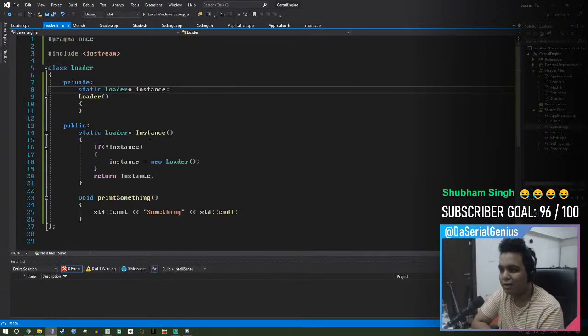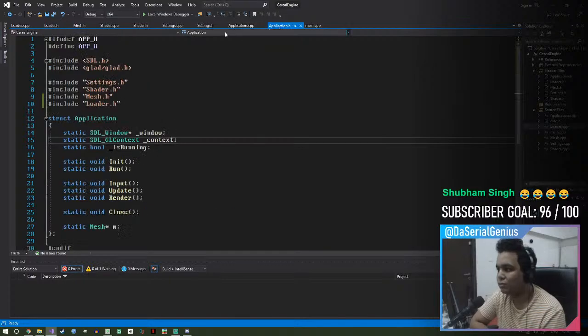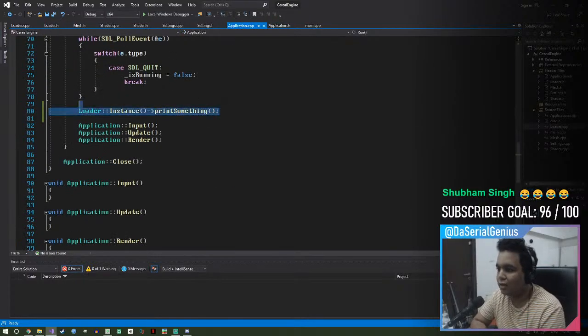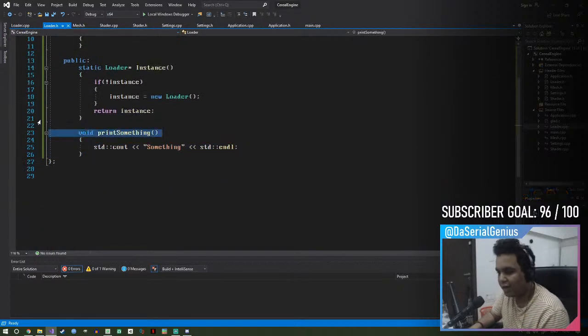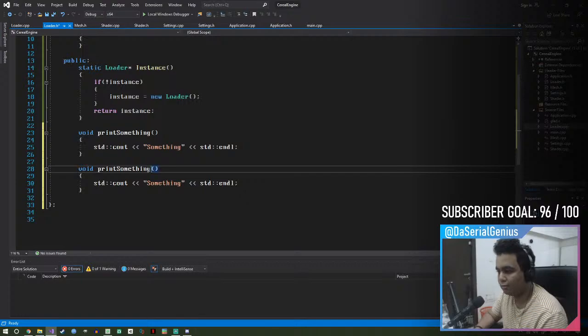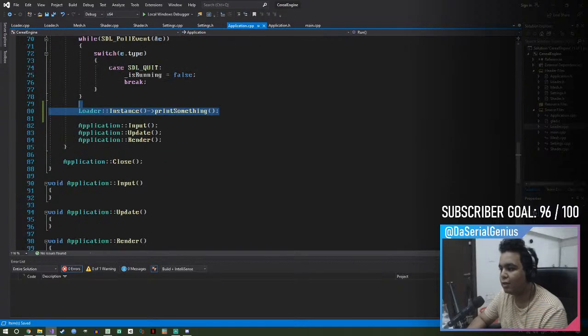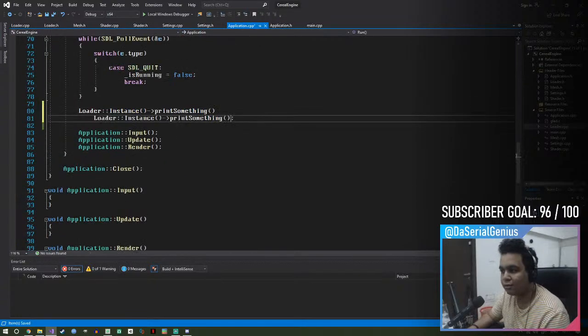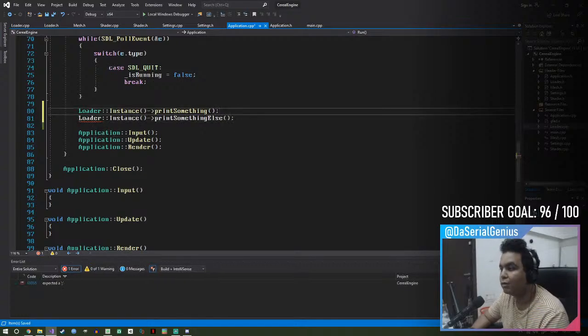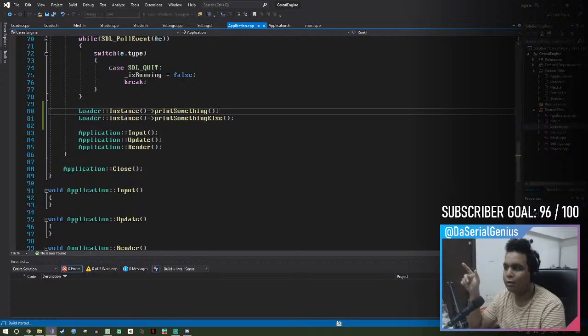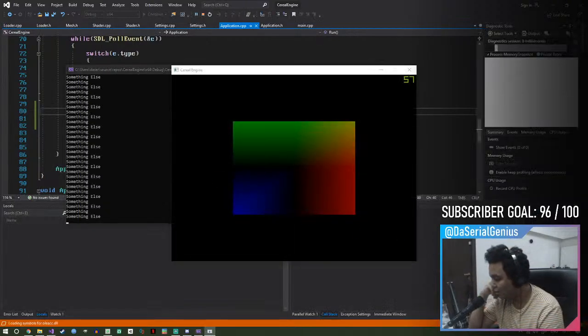And if for some reason I said... where's application.cpp? If I have two different functions, it's going to say print something and print something else. So what I'm going to do is copy and paste it here. So now when I print something else, what's going to happen is